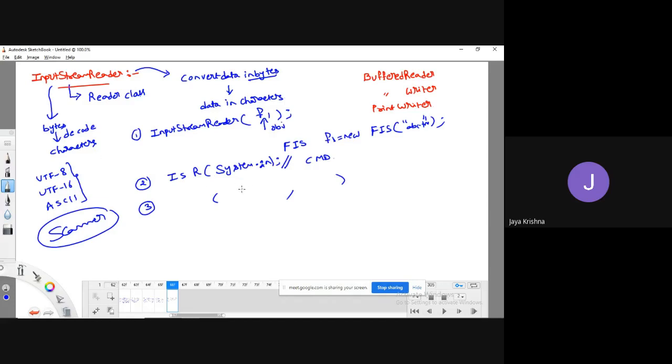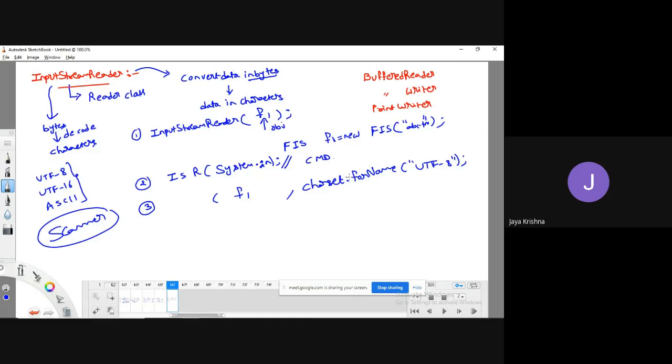First I will pass the file object, followed by the Charset class, which has a forName method, followed by the encoding format that you need to define. Which encoding format do I want to use? I want to use UTF-8, meaning the UTF-8 mechanism is what I am going to use here.